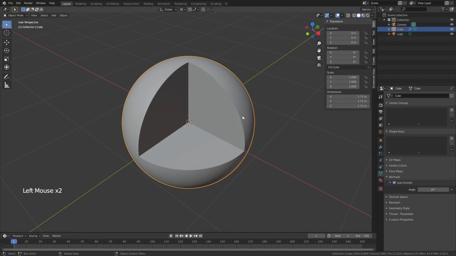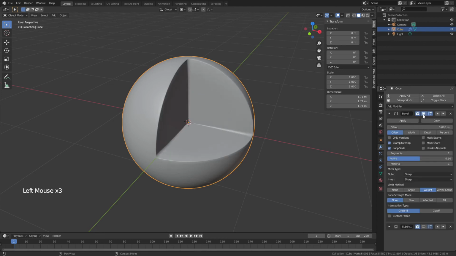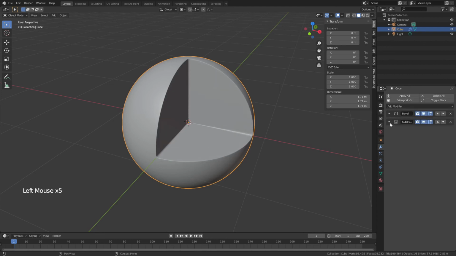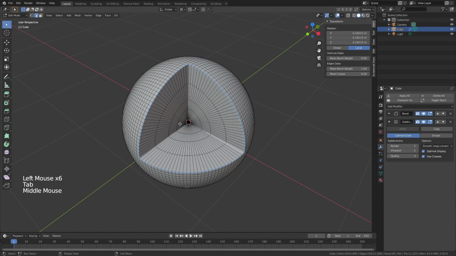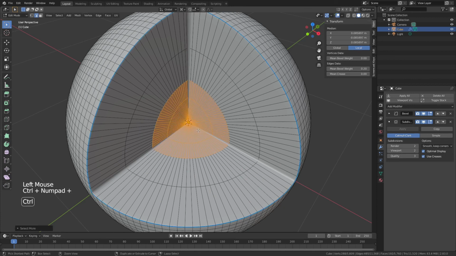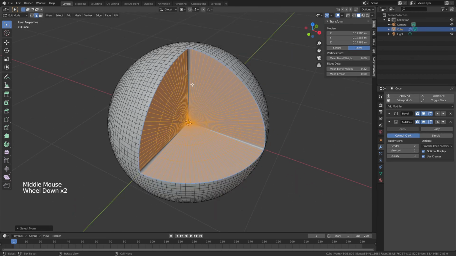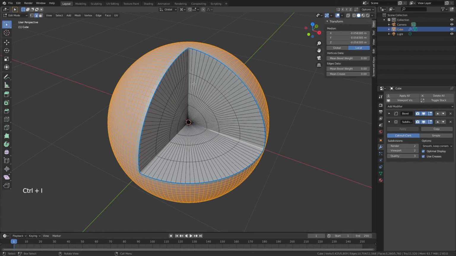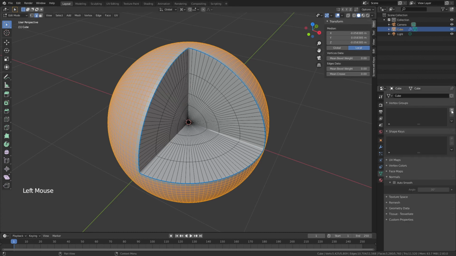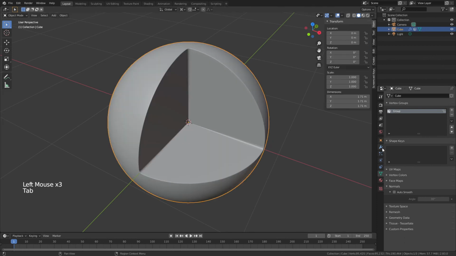The last thing I want to talk about is for this version, if you want to add the displacement, let's actually keep it smooth. In this case, you can see now we have all this extra geometry inside. We don't want any of these to actually be selected. And so the way that I'm going to solve this problem is I'm simply going to drag a box over here. Then I'll hit Control plus a few times until I've grabbed all of these edges. I'll hit Control I to invert that. Come down to the Object Data Properties, add a vertex group, assign all of these vertices,